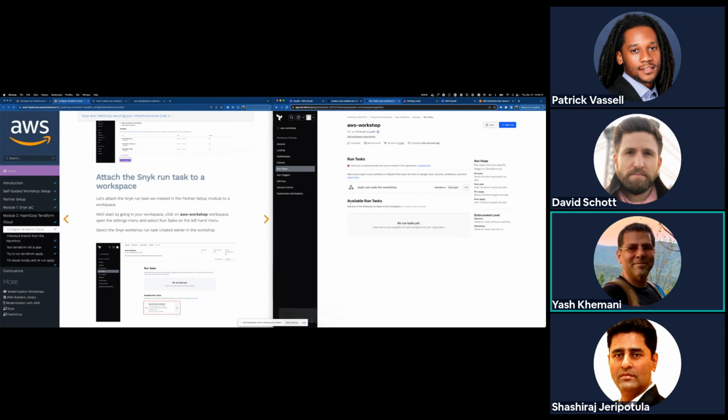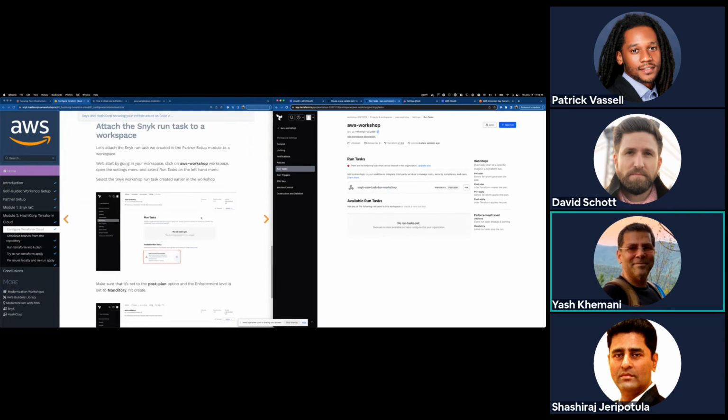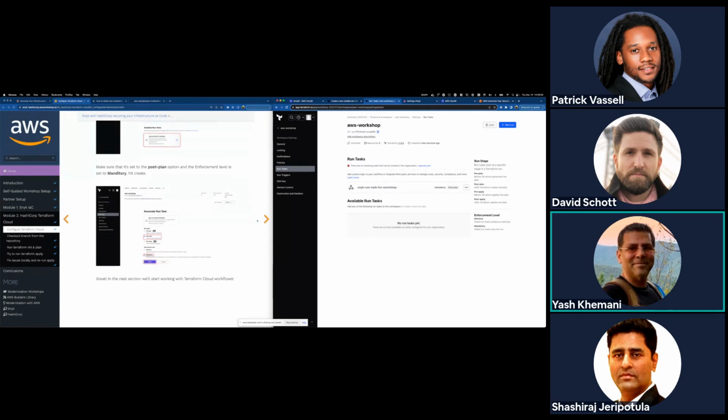Now, as we had mentioned before, and as David had shown you, when we set up the run task at the organization level, we configured it to enforce for all policies that are at a medium level, right? So what that means is that violations that are at a medium or higher level are going to prevent you from proceeding, and warnings that are at a low level, you'll just get a warning, but you won't be prevented from proceeding. So that's been configured. Let's go ahead and go to the next step,